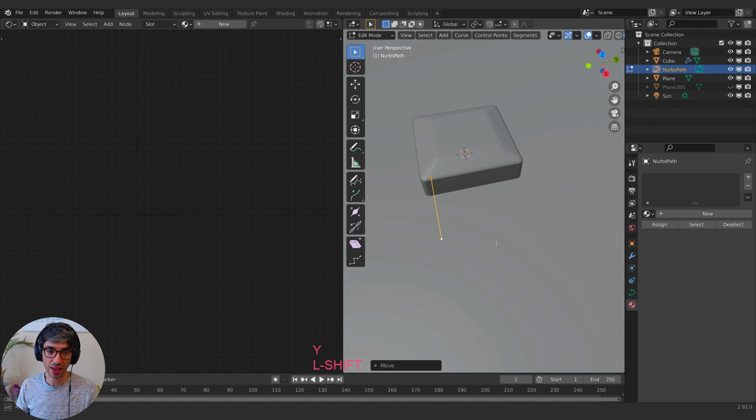So I might just go 5 and 5. That should be enough for this object. Maybe a bit more. Let's do 7 and 7. That looks a little bit better. All right, cool. Now, with that done, what we can do is we can take this object and we can